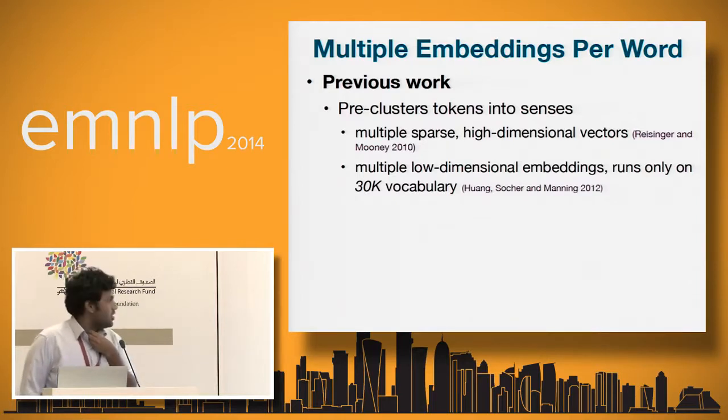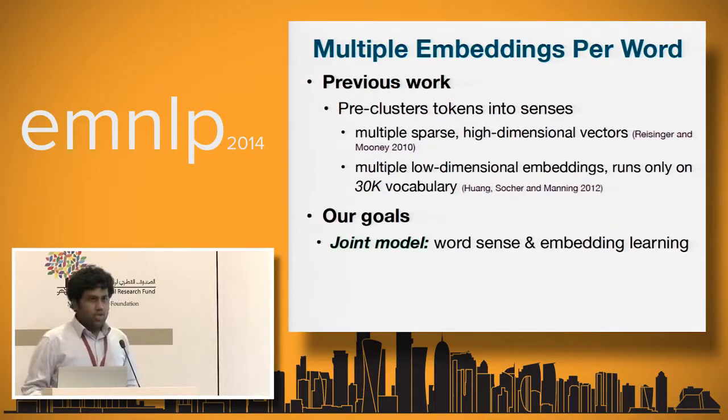I think part of the reason is that you need to run the clustering algorithm for every word type in your corpus independently. A corpus has a lot of word types, and if you need to run your clustering algorithm, say 30,000 times, it's going to be very slow. Our goal is to develop a joint model for word sense discrimination and embedding learning so that it's more scalable. We also hope it will be more accurate, because the embeddings could help you identify word sense better, and vice versa too. If you identify word sense more accurately, hopefully the embedding quality is also better.